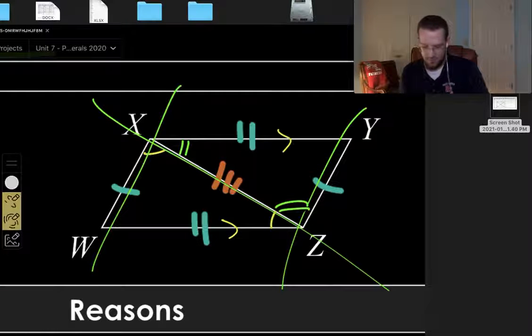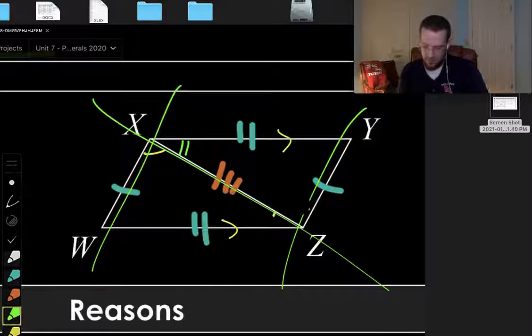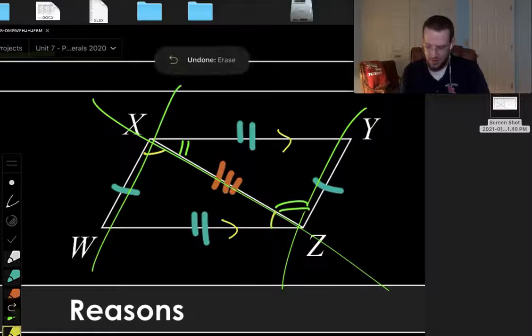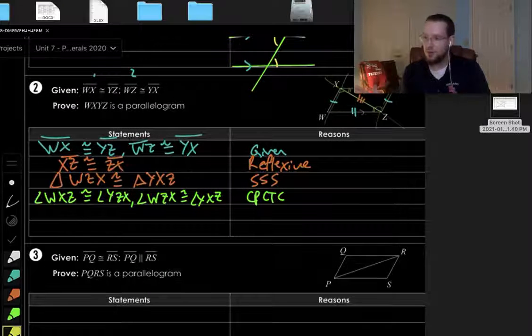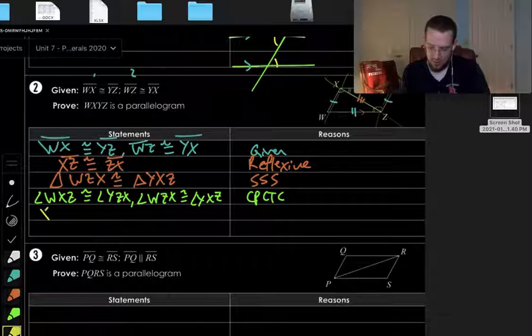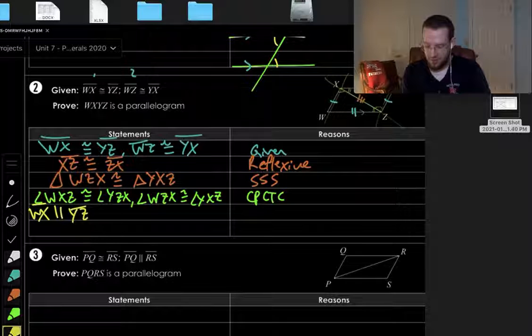Oh, goofball. My bad. Green ones are here. Yellows are here. So if we have those ones, and then we will have these angles as well. So just doing those two pairs. Because those angles are congruent, then we know that the opposite segments are